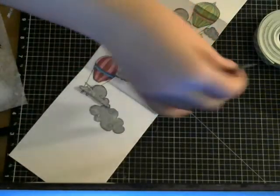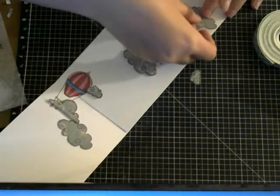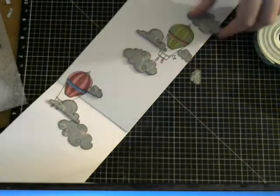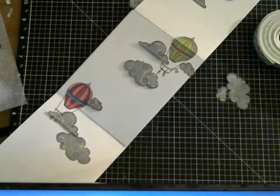Alright, so here is where I want to add some more clouds, I think. I'm going to wait till I do the sentiment and then I'll see where I want to add it. Alright, so for the sentiment,